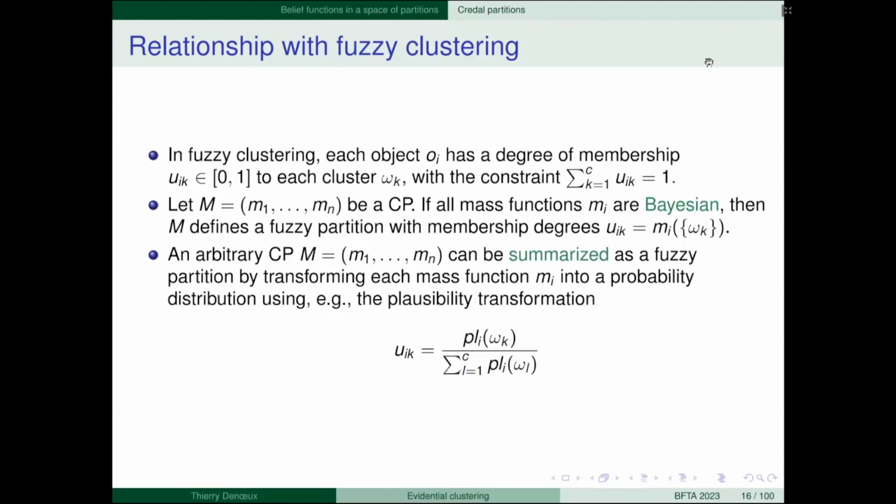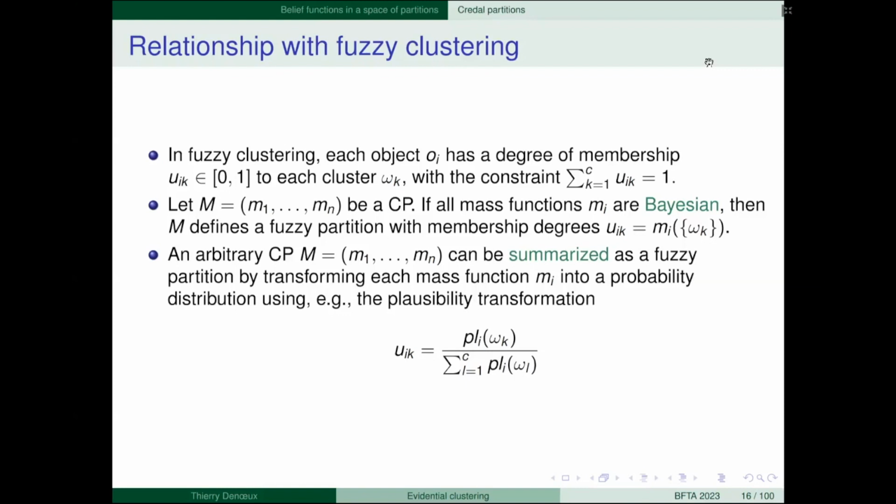Also, an arbitrary Credal partition sometimes contains a lot of information. When you want to explain the result to the user, it is useful to summarize the Credal partition. A Credal partition can be summarized as a fuzzy partition by transforming each mass function into a probability distribution, using, for instance, the plausibility transformation that Prakash mentioned yesterday.